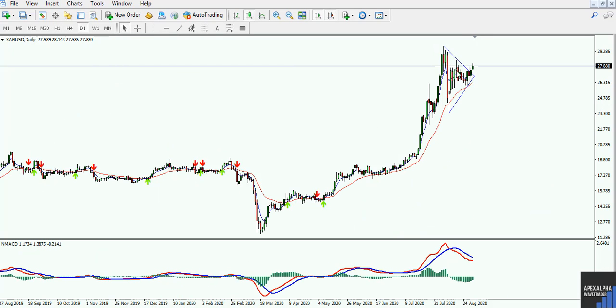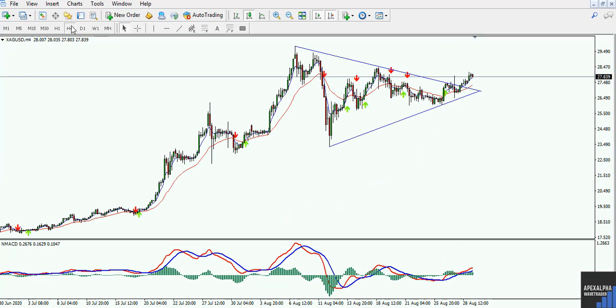You can see on the daily time frame we have a symmetrical triangle. MACD is still pointing down with a dead cross, so you have to be careful and wait until we do get a golden cross here. When we get a golden cross here, that tells us that the upward move has resumed. But let's have a quick look at the 4-hour time frame. So this is a symmetrical triangle in an uptrend. This is a continuation pattern, so we expect the market to keep going up,